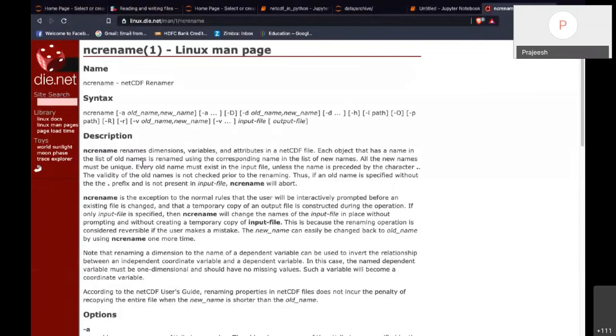I will need more details. But I'm saying if you just want to rename a coordinate variable, the best way is to use ncrename, by which you can do it in a single command.